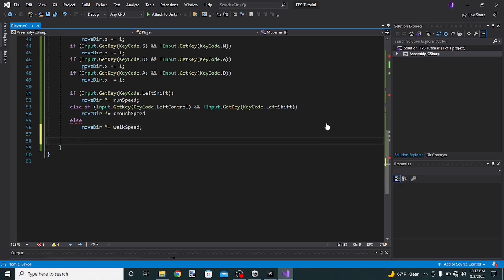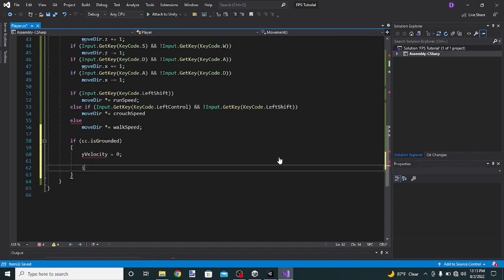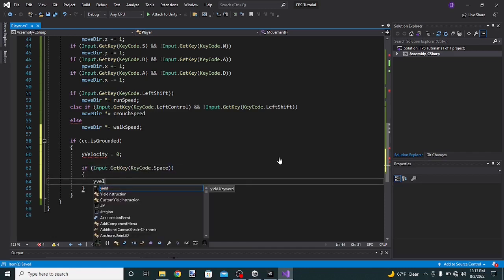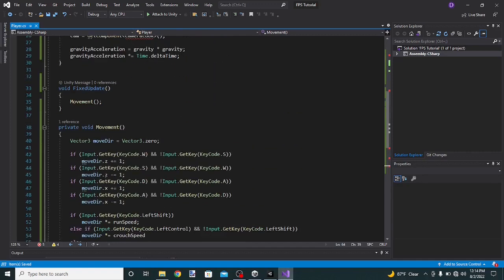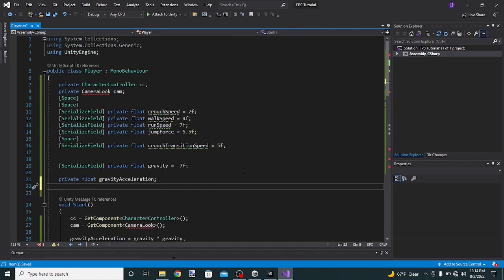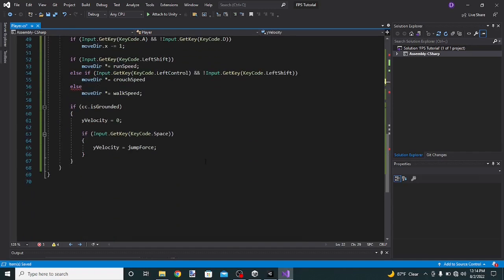So over here, if our character controller is grounded, so if cc.isGrounded, we do this code, and it's gonna do yVelocity equals 0, and then if Input.GetKey KeyCode.Space, we do yVelocity equals jumpForce. It's gonna give you an error on yVelocity, so let's go back here and create our yVelocity, private float yVelocity, and we are not gonna assign a value to it. So down here where it says yVelocity equals jumpForce,